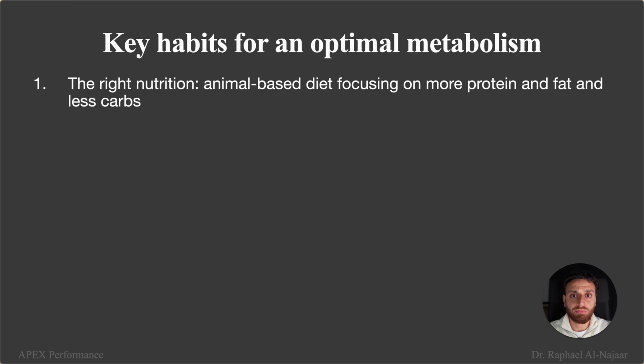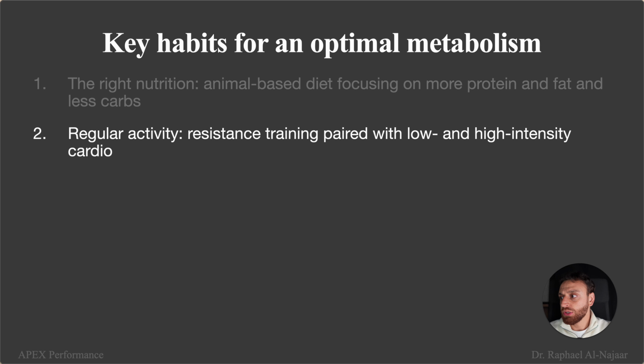energy throughout the day. You can also do regular activity, because resistance training paired with low and high intensity cardio is one of the best ways to maintain insulin sensitivity. Now, like we said before, if you have a good amount of muscle mass, then your metabolism, your basal metabolic rate will be higher. So having a good amount of muscle mass will increase your insulin sensitivity, especially during your